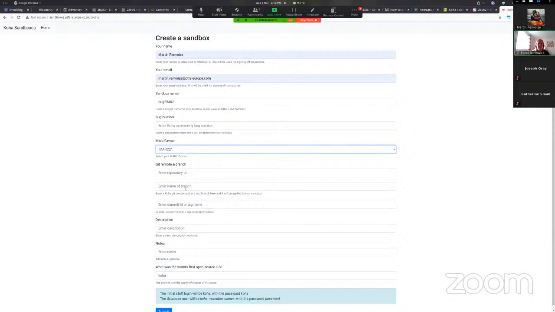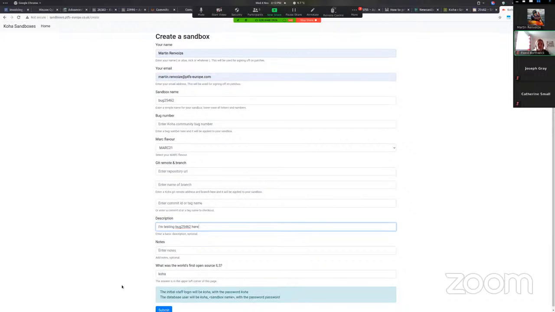You can use a branch from Git. Some bugs, the bugs that are attached, are more difficult to use, and so we allow you to use a Git checkout. A developer will usually give you advice on whether to use that or not. And then description and notes are more for a personal note, so you can identify, I'm testing bug 25462, for example, and it will display on the next screen. So if I submit that,